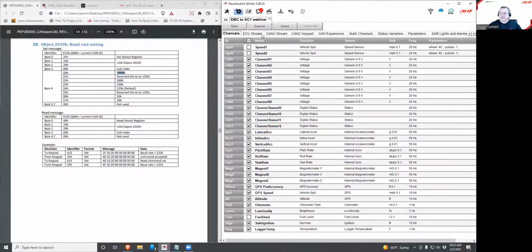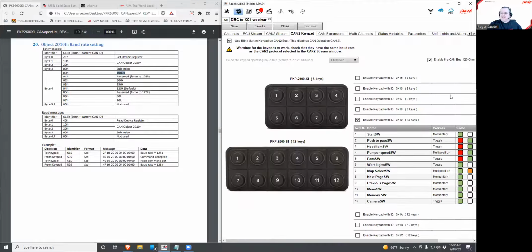While you're loading that back up, Kyle has a newbie question. He says, total newbie to the subject. Are these config messages sent every time the system is on continuously, or is it just a one-time thing? So you're programming the AiM dash to send these to the other components in the car's power up? Yes, yes and no. This should be done exactly